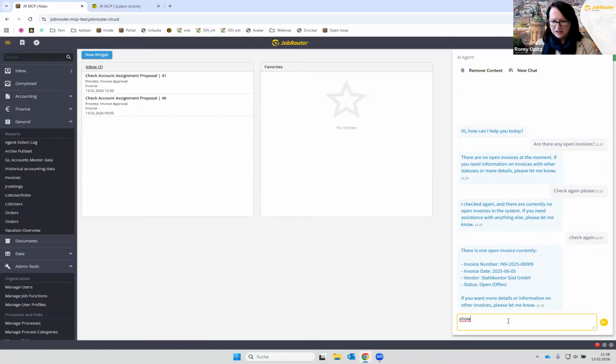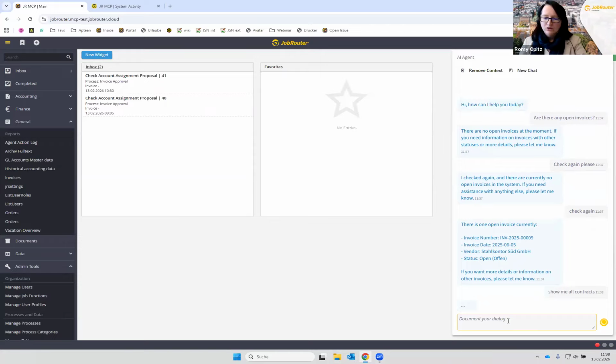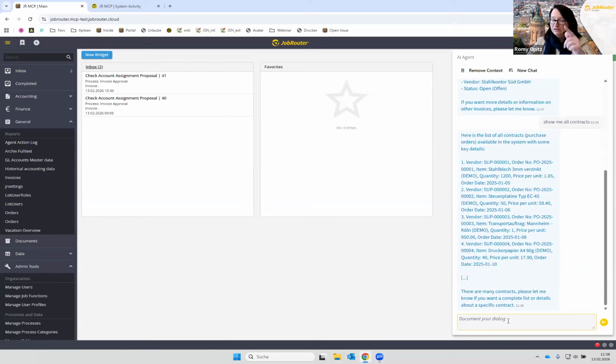It can access archives. Show me all contracts. So it will now hopefully look at an archive. Sometimes it also looks at reports and then tells me there are no reports for contracts. It didn't. That's a good one. So it found my document archive with contracts in them and just listed all of them.